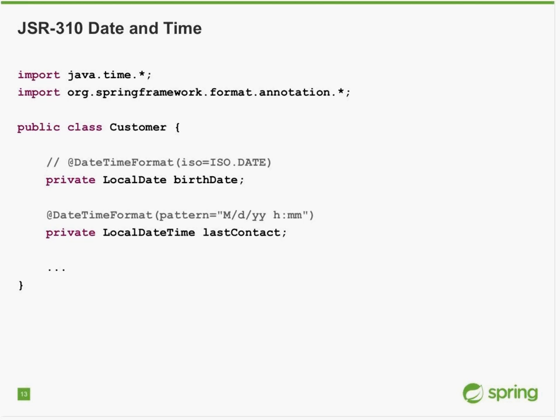From a Spring perspective, we support JSR 310 for our formatting and binding framework in particular, and for conversion to some degree. But the most important part is formatting and binding. Consider Spring's @DateTimeFormat annotation, which has been around since Spring 3.0. You could annotate a field and say, this is a parsing and rendering pattern for that value. It was primarily designed to be applied to java.util.Date fields that otherwise wouldn't really say what they are,